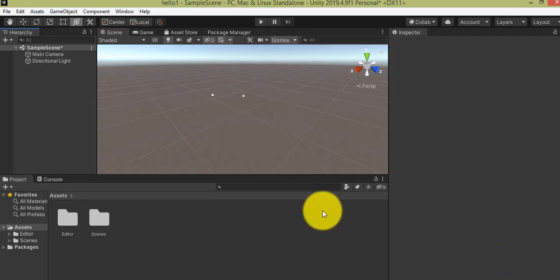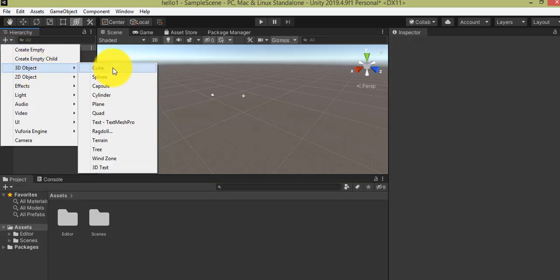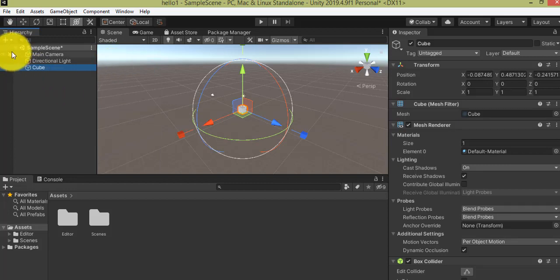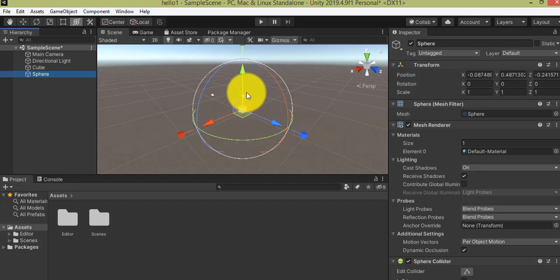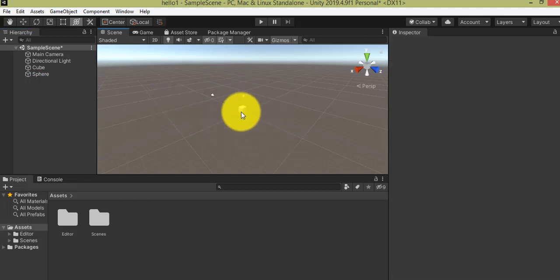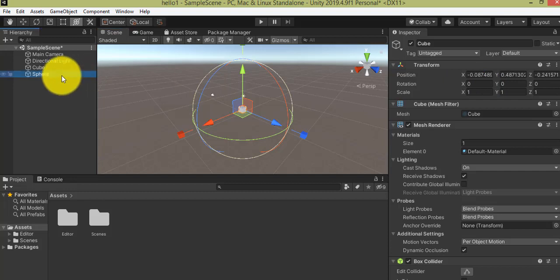Now you are going to see what a parent and a child game object are in Unity. For that I am going to add two game objects here. I click on this plus sign, Game Object, and the first one is a cube and the second one is a sphere. I add two game objects here, but you will see only one object because both are at the same position. This is the position of our cube. If I select the sphere, you can see the same position for the sphere also.